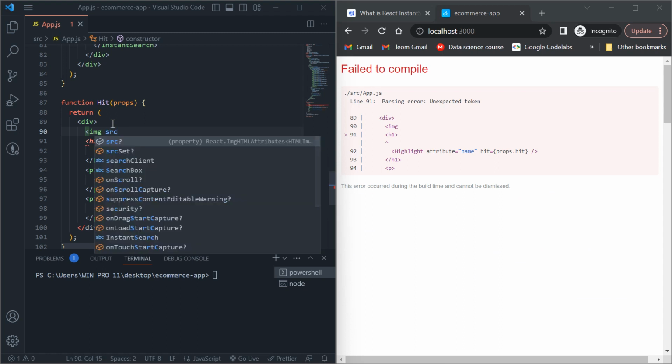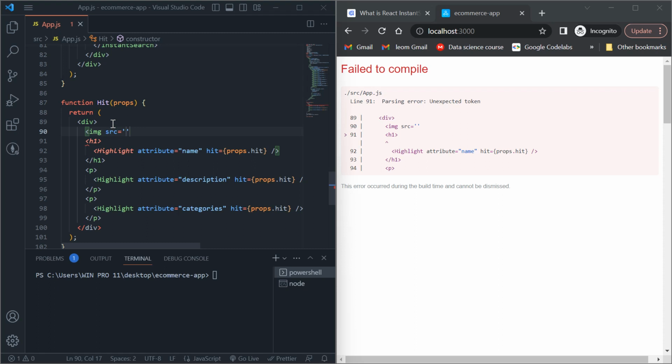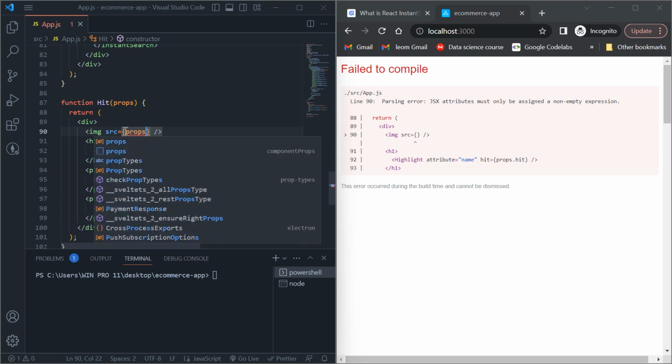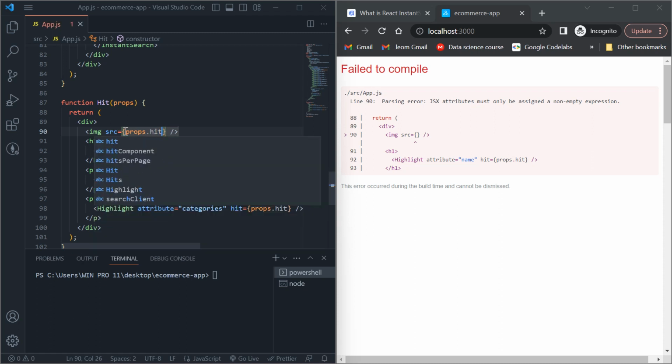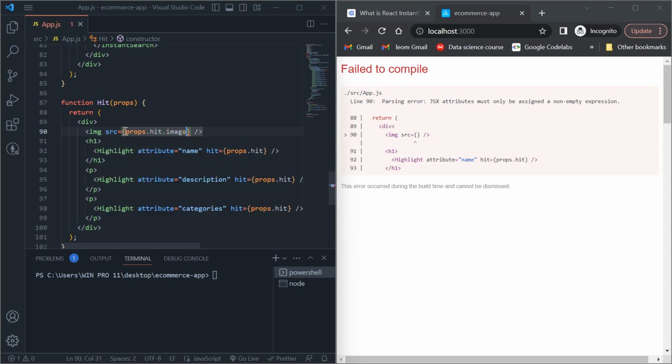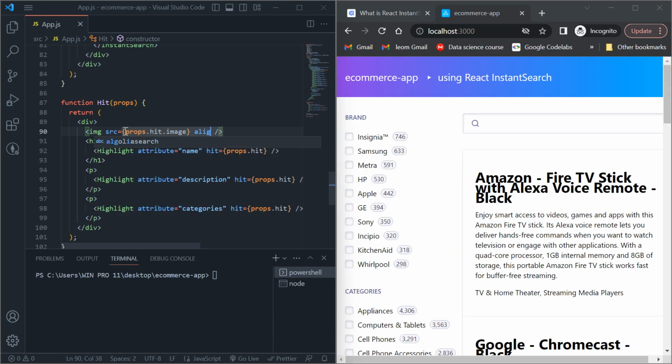Okay, so src. So let's remove this. Let me close this out. All right. So src is props dot hit dot image,